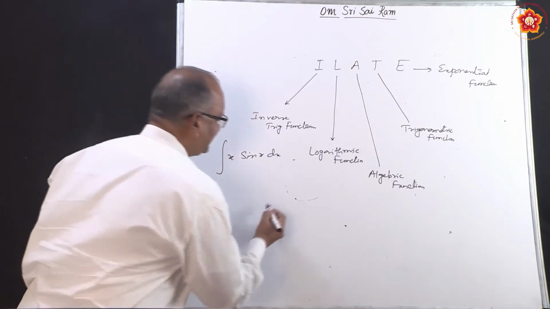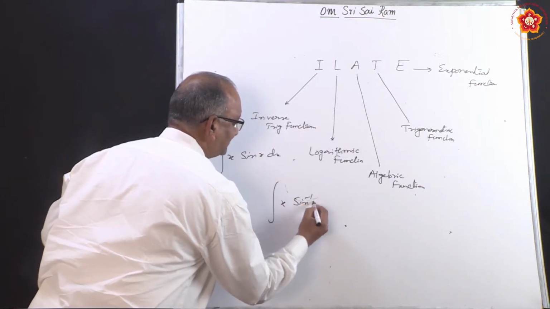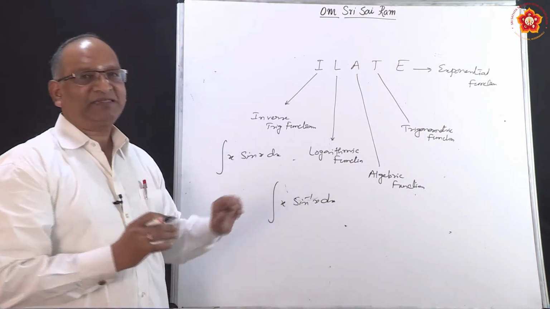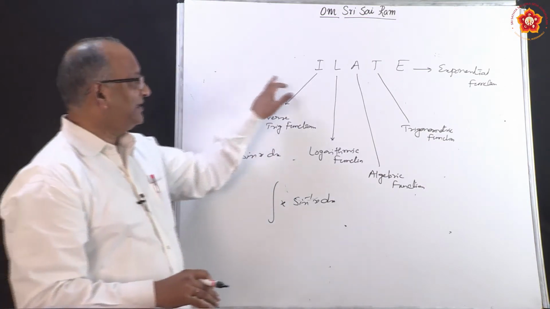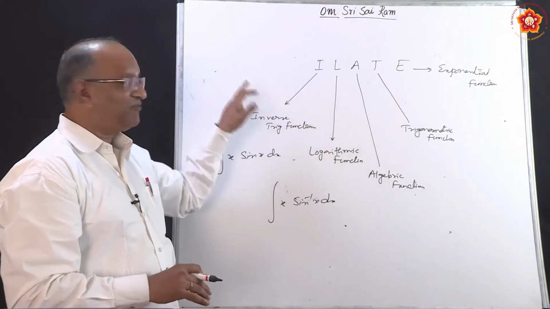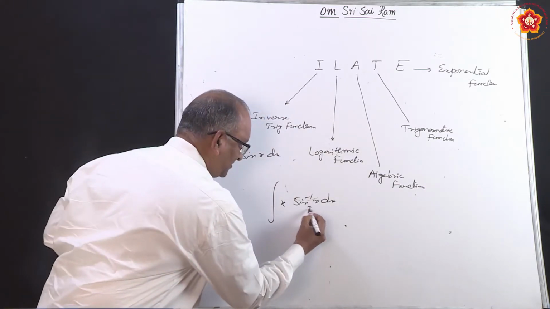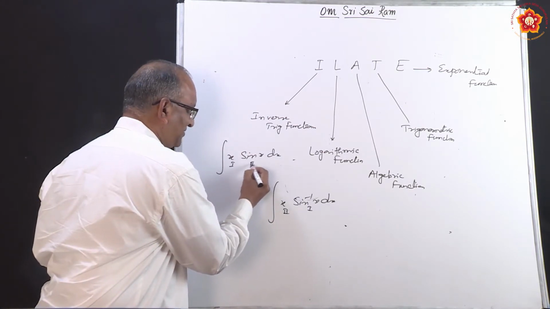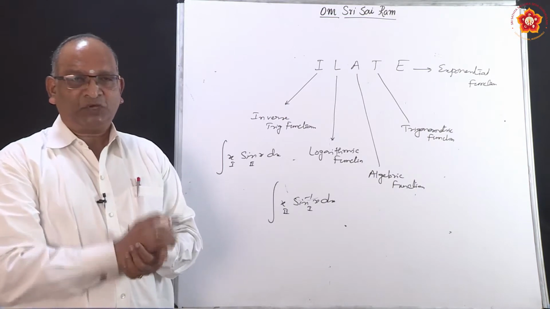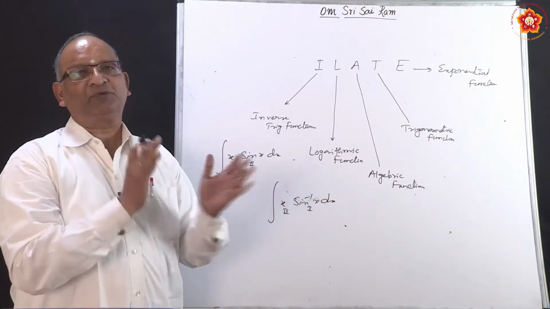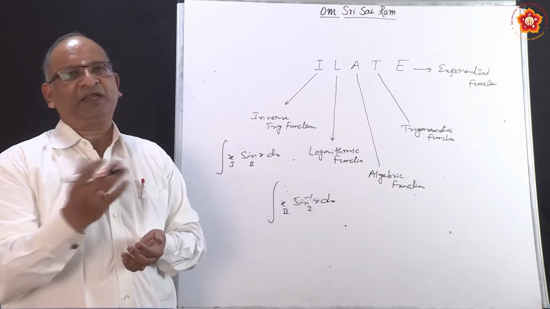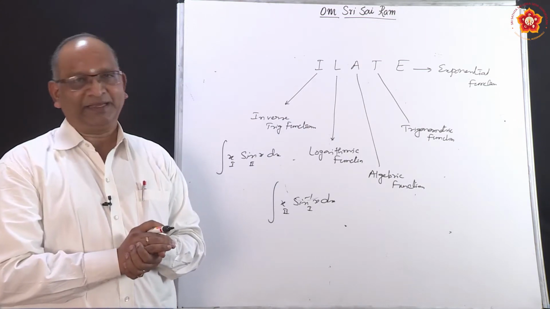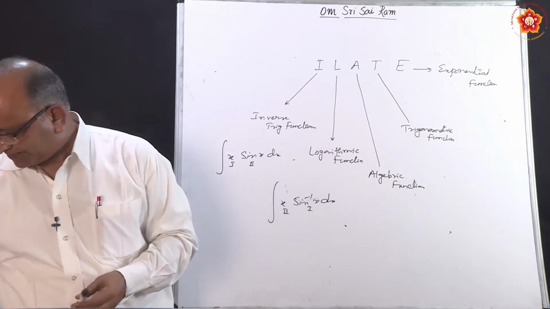Suppose instead of x sin x, you have x into sin inverse x. x is an algebraic function, sin inverse x is an inverse trigonometric function, and you can see in that order inverse trigonometric function comes first. So, this will become the first function and x the second function, whereas here x was the first function and sin x was the second function. In this particular way we decide which function should be taken as first function. The remaining one remains the second function, and when we follow that formula, we are able to integrate. Okay? So, let us take up problems.